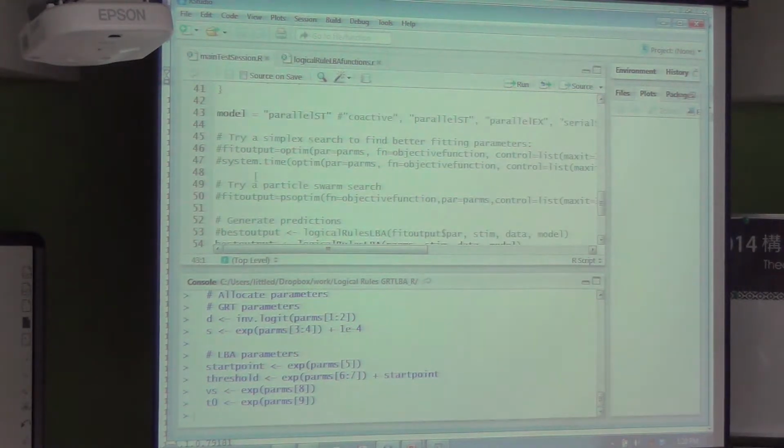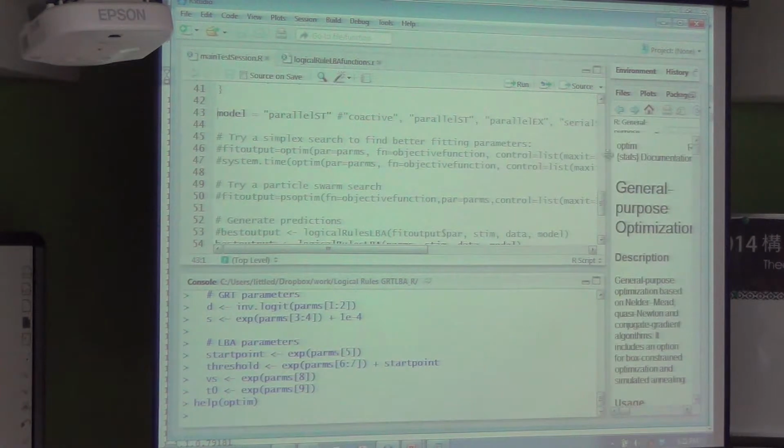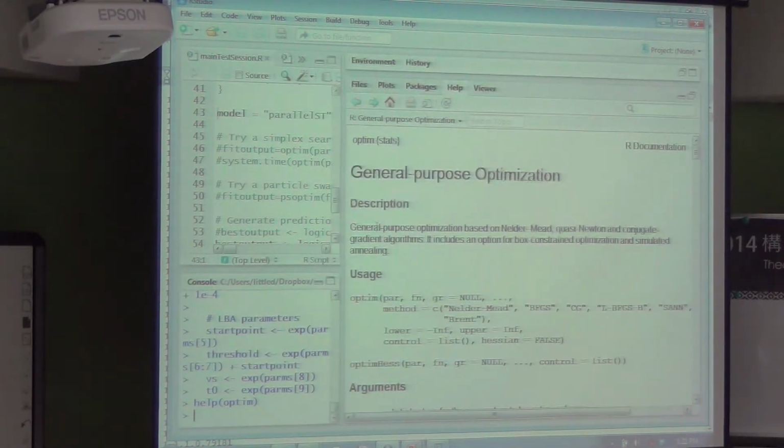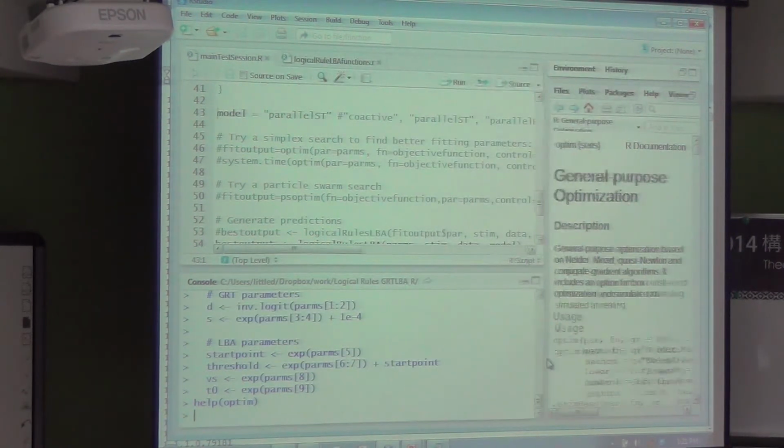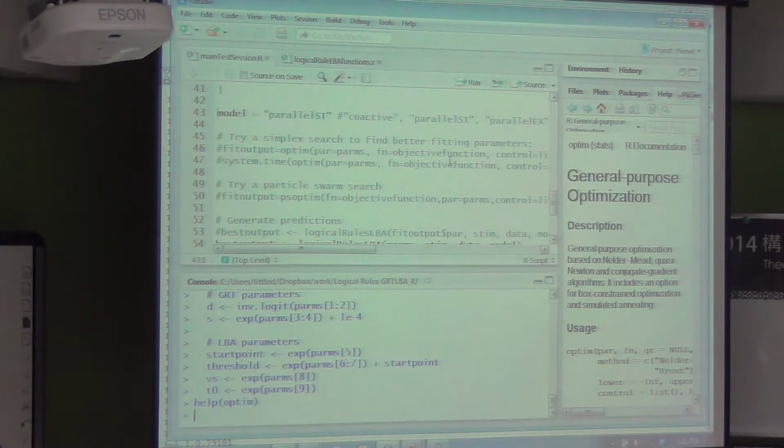Out here in the main file, I've commented these things out, but I've included a number of different ways in which you can optimize parameters from this function. This optim function has a bunch of different possible optimization algorithms that you can use. The default is the Nelder-Mead simplex algorithm, and that's known as fminsearch in MATLAB, if you're familiar with that. It has a bunch of different types of methods you can specify. It tends to work generally well, but it has problems if your parameters are constrained in any way.